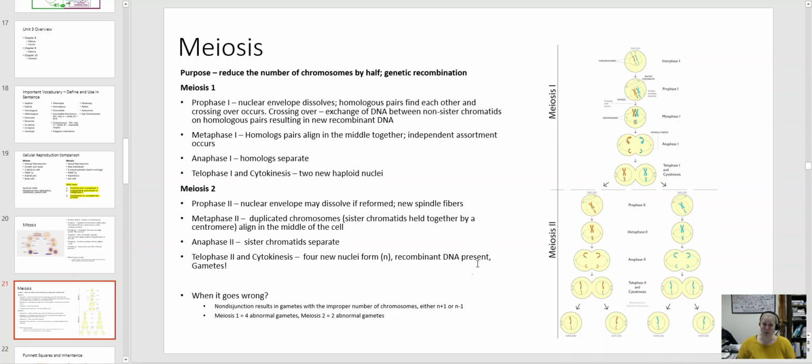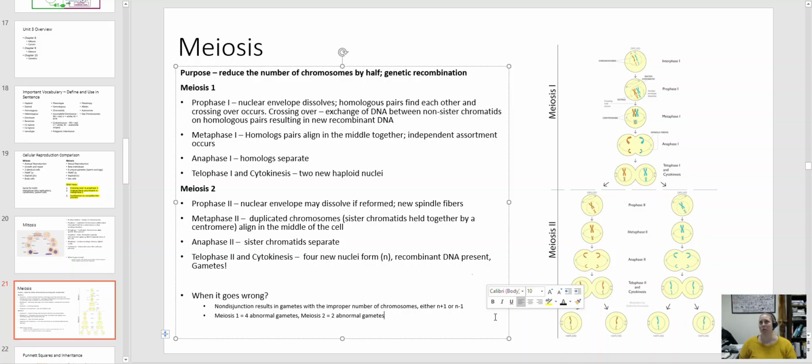Meiosis can also go wrong. When meiosis goes wrong, it's often through non-disjunction, or a failure to separate, where either the homologous pairs or the sister chromatids do not separate, and we get gametes with abnormal number of chromosomes, either n plus 1 or n minus 1. This can happen during anaphase 1 or anaphase 2, with anaphase 1 resulting in 4 abnormal gametes and